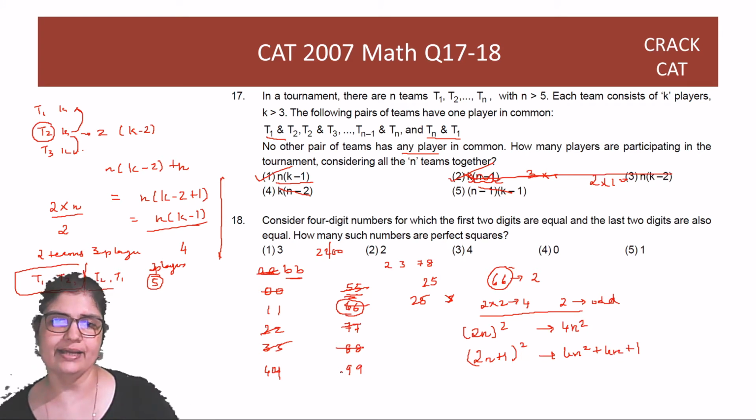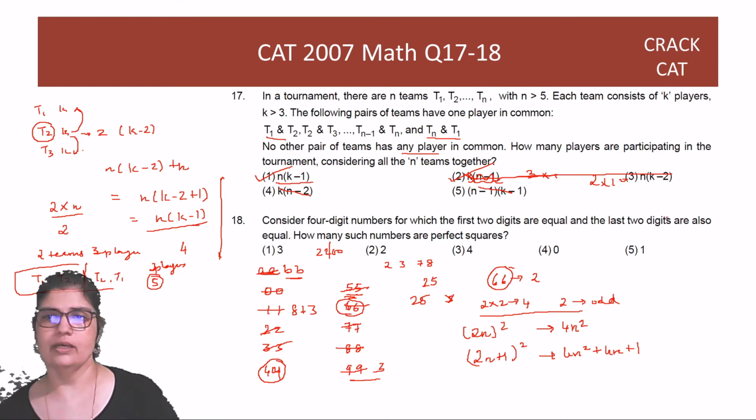So 99 is a multiple of 4 plus 3. इसका रिमाइंडर 3 है 4 के साथ, तो ये नहीं हो सकता. 11 is also a multiple of 4 plus 3. That means it has to end in 44. Okay, your AABB is actually AA44. Now AA44 obviously is a multiple of 11, right?